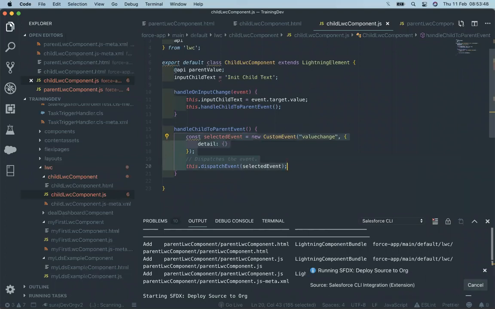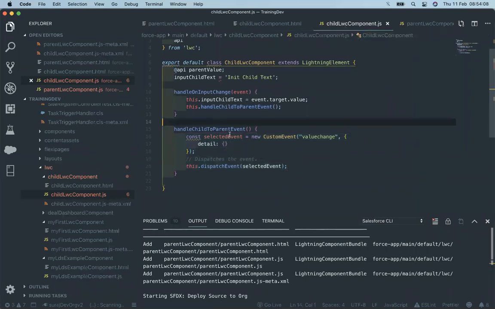Similarly, as I told you earlier, with the input field we are also creating an event, so that whenever the value is changed, it throws an event, and that event is captured in its parent component. It is the same thing we learned with the input field. Similarly, we have created a custom Lightning Web Component, a custom child component. So we have to create a custom event and a custom name for that event, and capture that event inside our parent component. So let's capture this event.